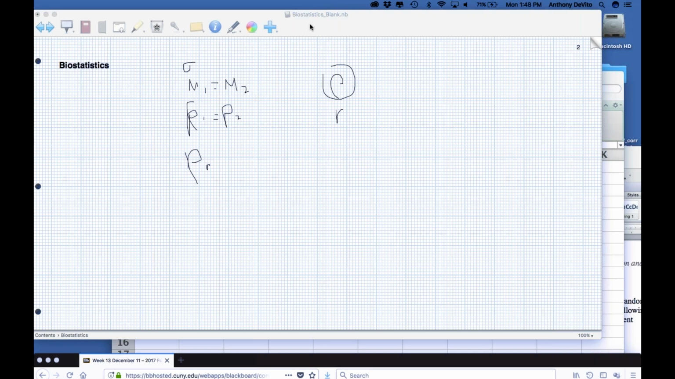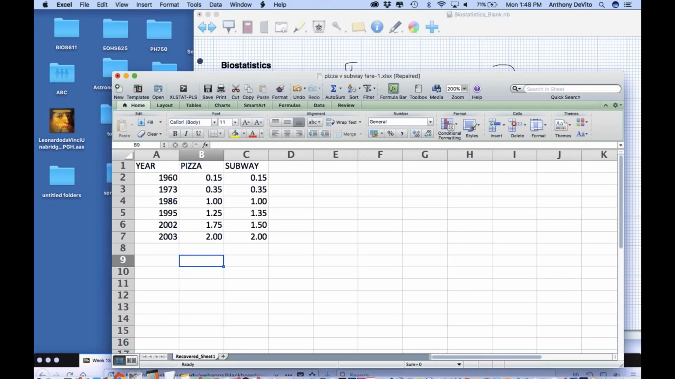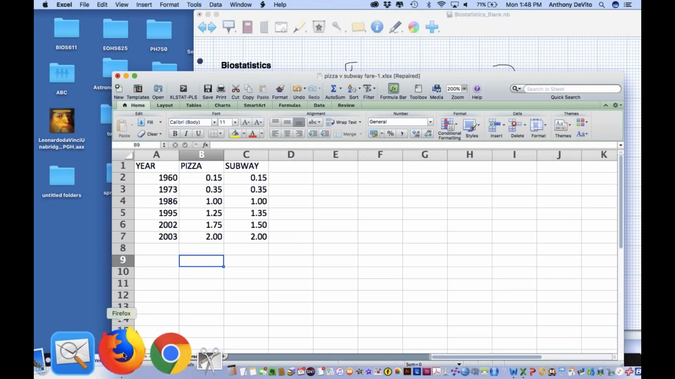So we're going to take a look at how this statistic is calculated. Okay, let me actually delve into the